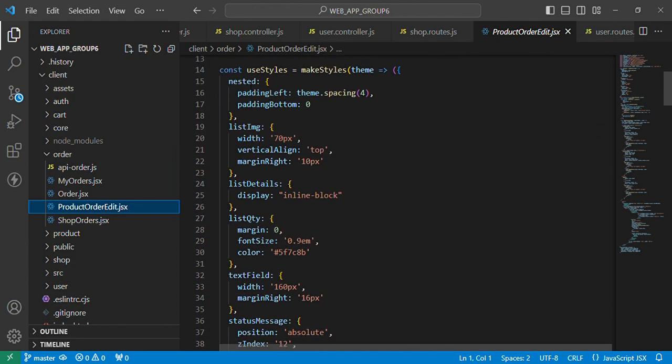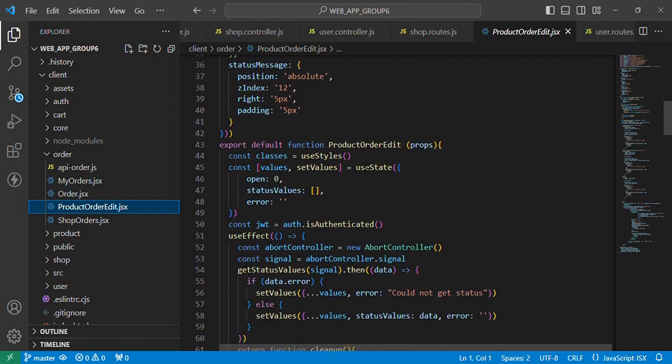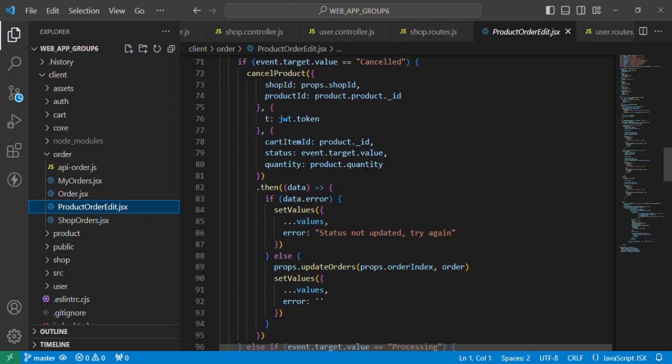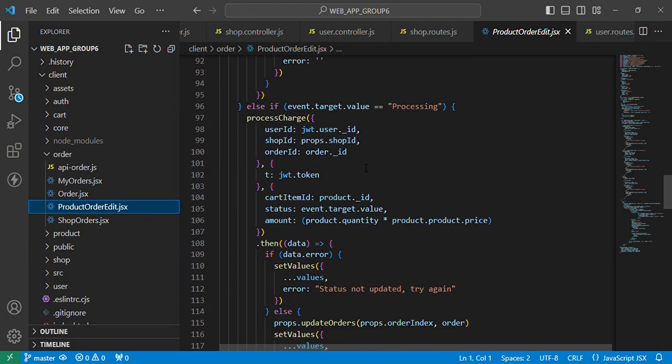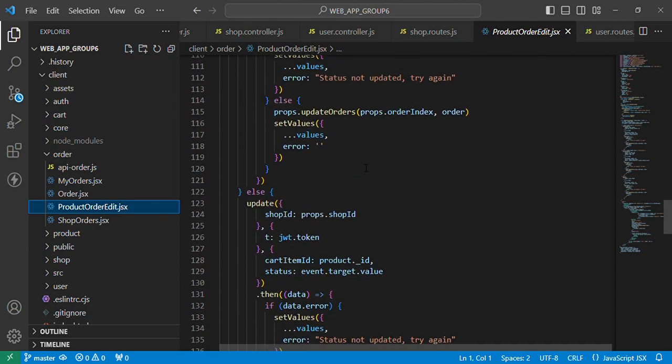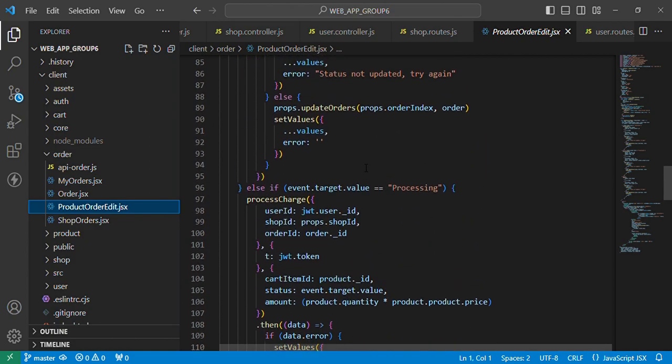So this is basically the template, the styles I would say. Then, for the product order edit, you can just edit the product order, and